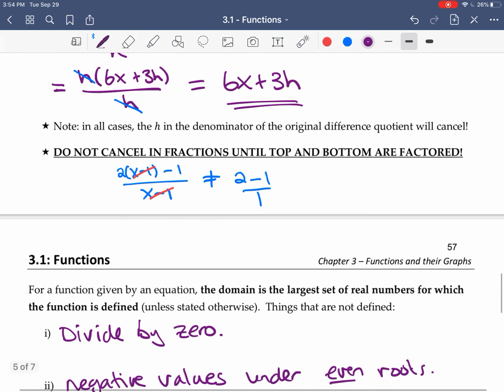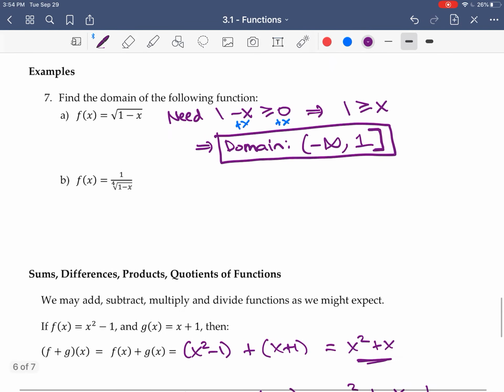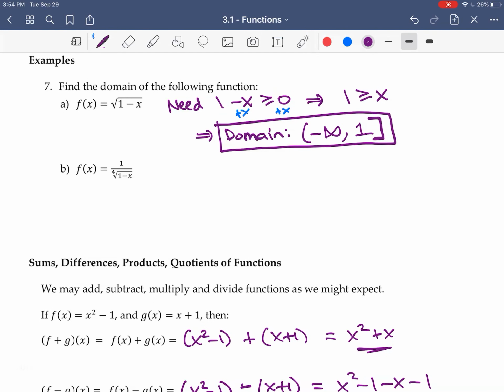Okay, so let's try something else. So we want the domain of this function. Okay, so f of x is 1 over the fourth root of 1 minus x. Okay, so the fourth root of 1 minus x needs the inside bit, 1 minus x, to be at least 0. Okay, so that means that 1 is bigger than or equal to x, because I just added x to both sides there. Okay, so I need that, but